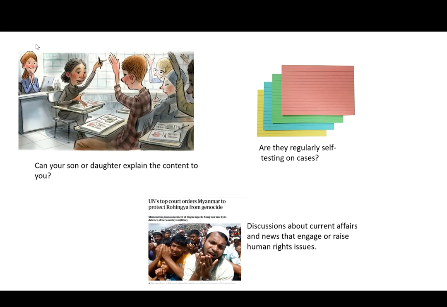There's a number of ways that you can maybe help your son or daughter to produce a good response for their paper 3B on human rights. Ask them if they can explain the rights to you. That would be a good way if they were teaching you, any gaps in their knowledge that should identify for them. Check that they're learning the relevant cases.